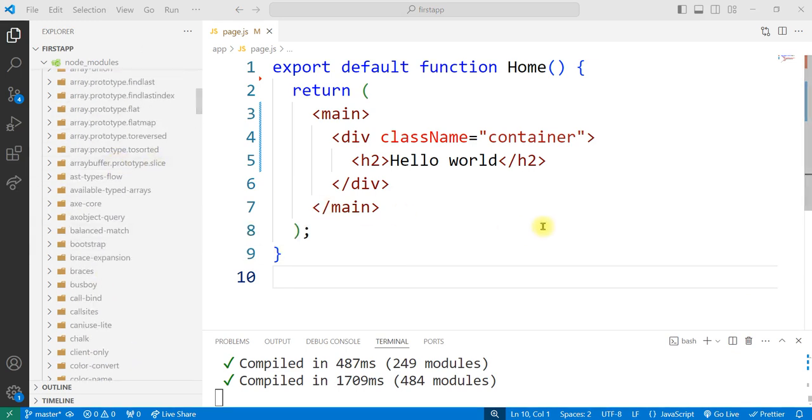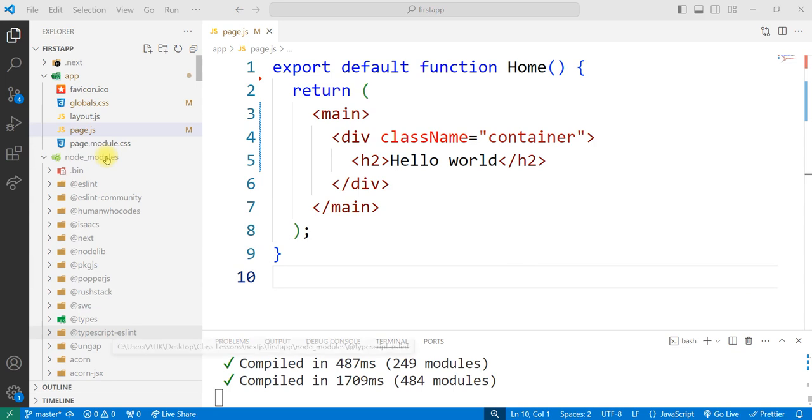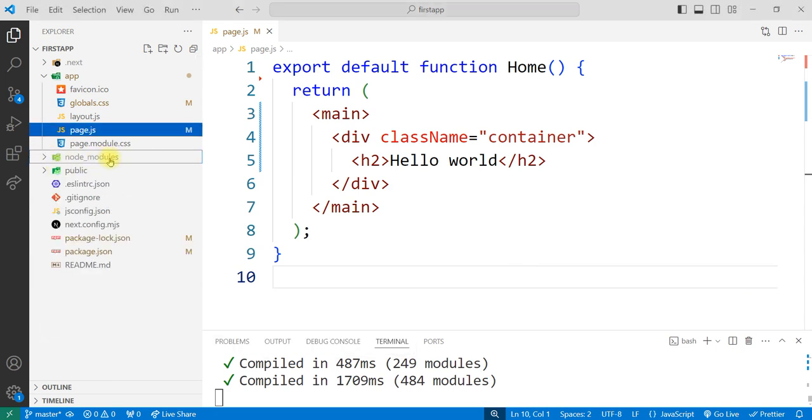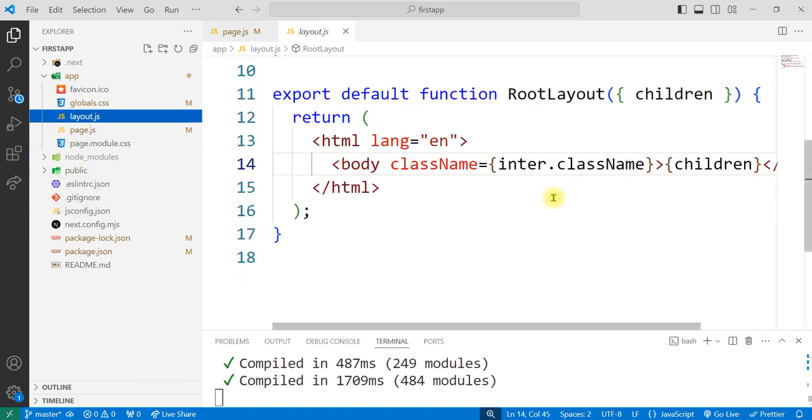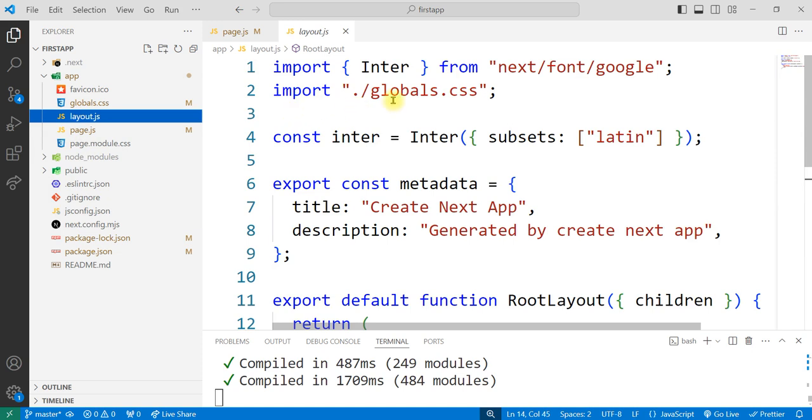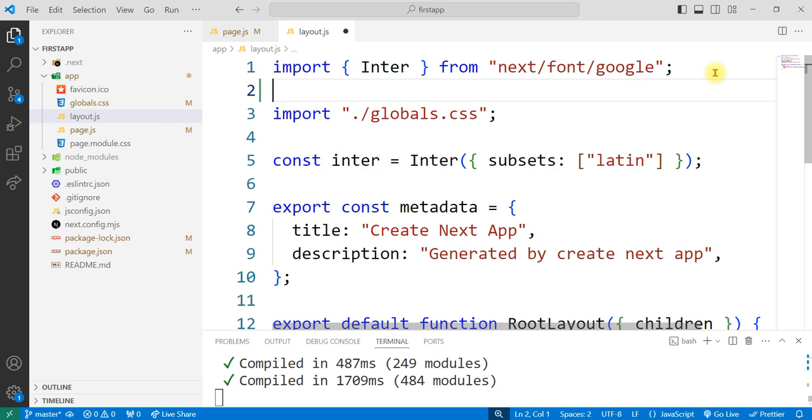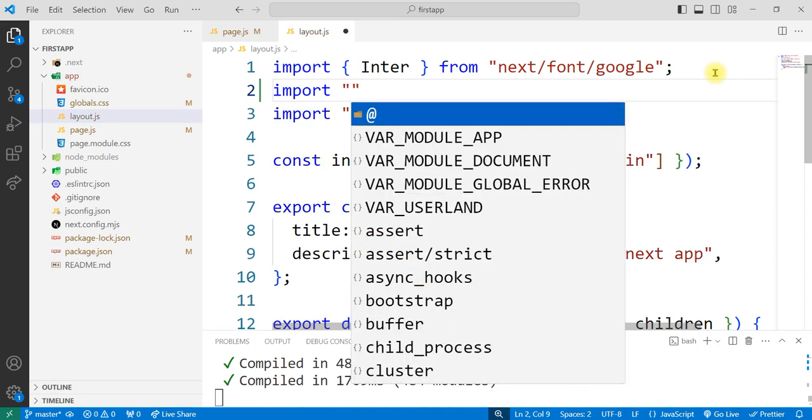Okay, so we have to import the Bootstrap. Let me collapse the node modules here and then go to our layout. That's the main file. So here, and then scroll up. Make sure you bring the Bootstrap above the global CSS file. So let's say import into a quote. This time you are not doing import from, but you are doing import, then you specify a quote,